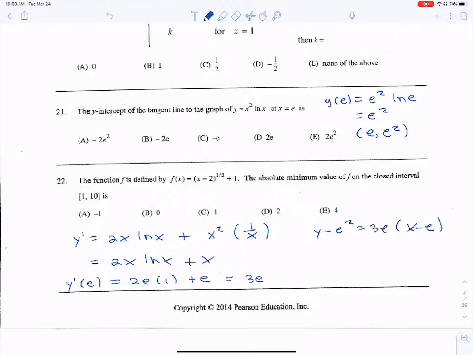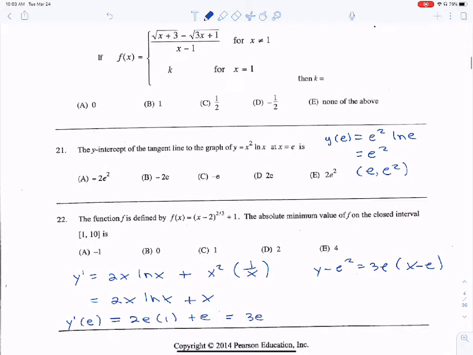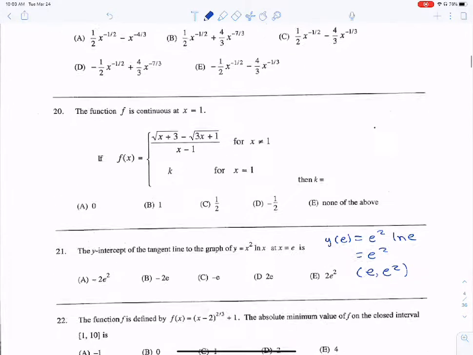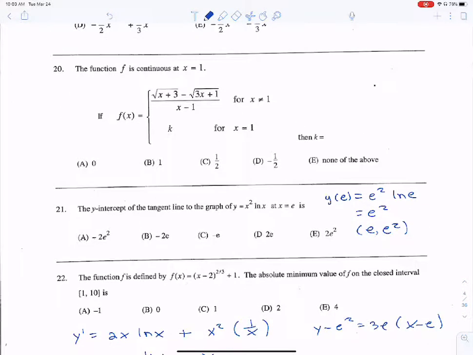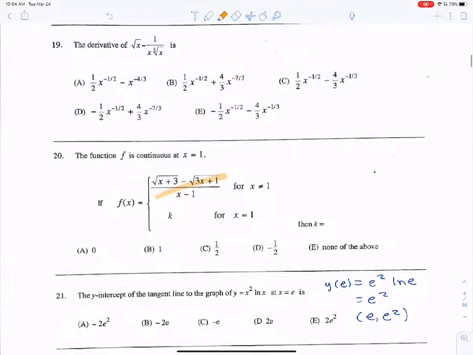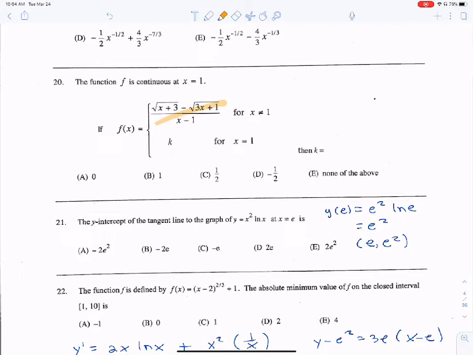Okay, let's move on to number 20. I don't know how much room I'm going to need. So the function f is continuous at x equals 1. Okay. Probably asking then, what is k? So here's how we're going to find what k is. In order to find k, I'm going to take the limit of this function, because if this thing as a whole is continuous at x equals 1, there has to be some